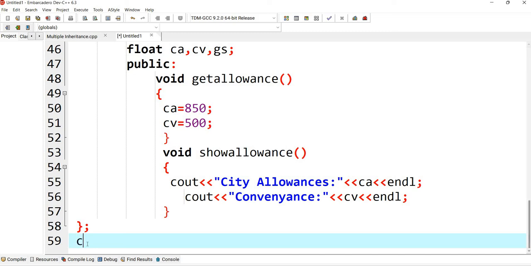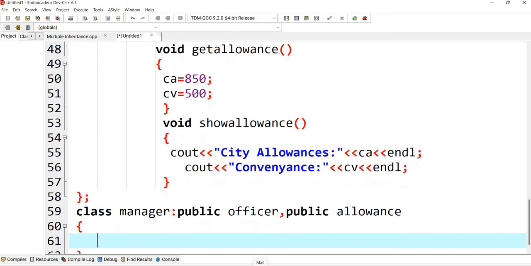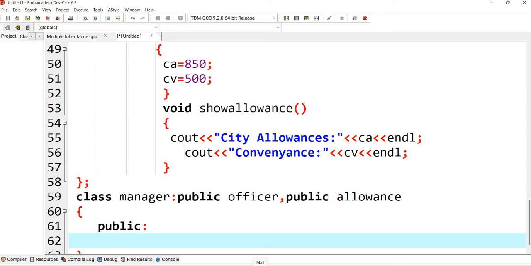So I'll write here class manager, which will access data from these two classes, public officer, then another class will be allowances. Within the body of this class, simply I have to just get the member function.